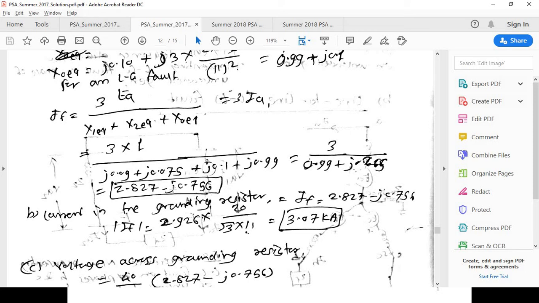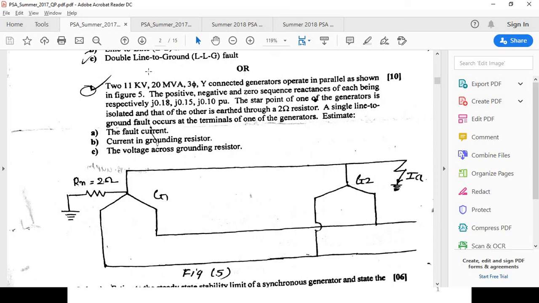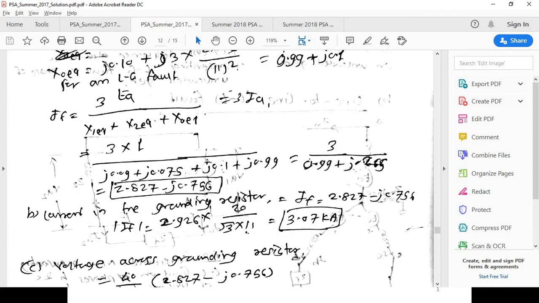Now what is the second parameter which you have to calculate? Calculate the current in the grounding resistor. So the current in the grounding resistor is equal to, what is the fault current? 2.87 minus j 0.756. So IF is equal to 2.926 into 20 upon root 3 into 11, that is 3.07